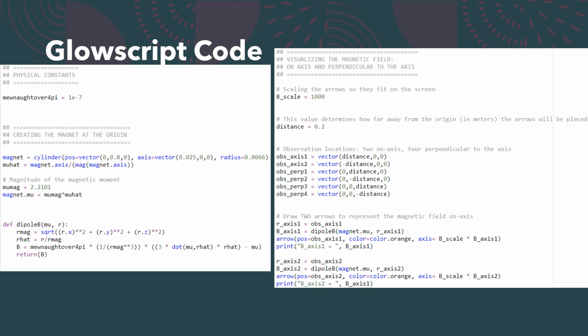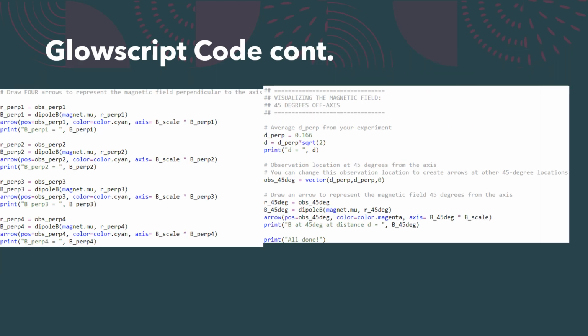Here's my GlowScript code. It defines physical constants, creates the magnet origin and the magnetic moment, and visualizes the magnetic field on axis and perpendicular with different observation locations and arrows to represent the magnetic fields. And these are the perpendicular axis arrows, and this is the off-axis magnetic field